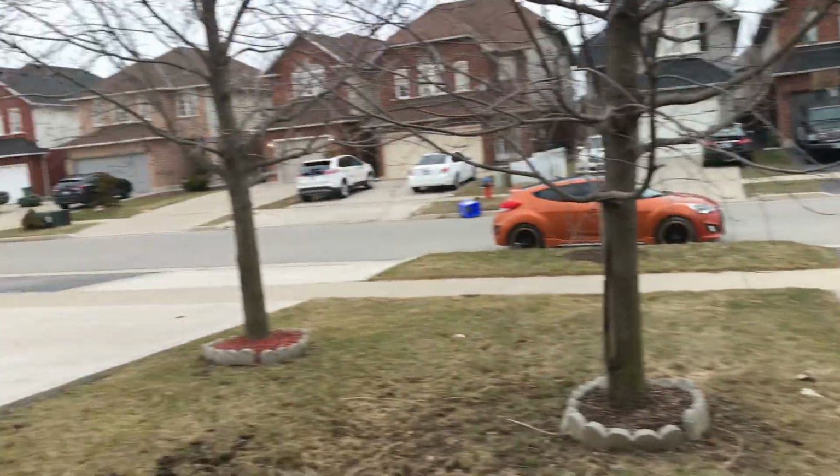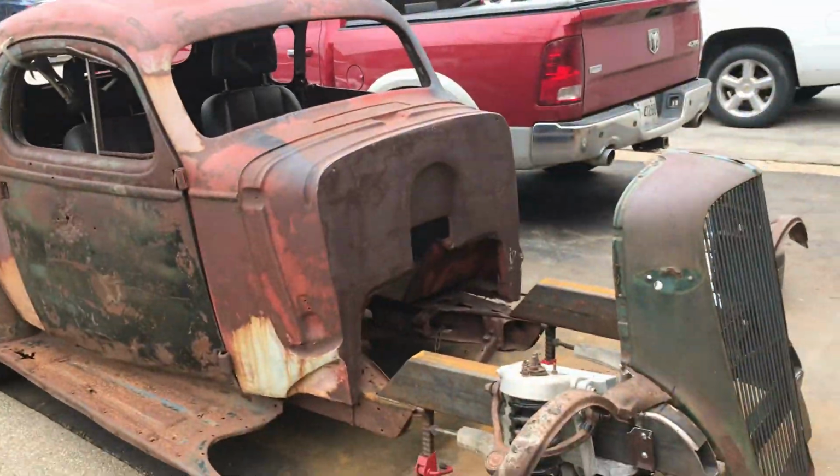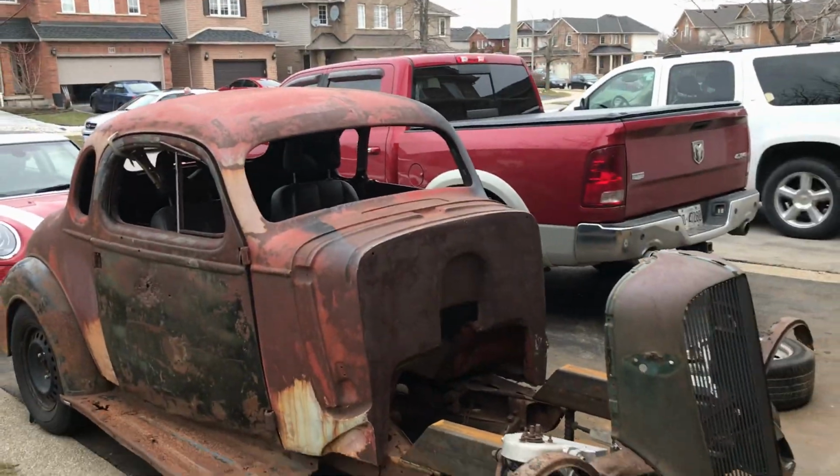Oh my god, I've never seen this place so busy since this coronavirus. Everyone's out. So much for staying at home. Anyway,